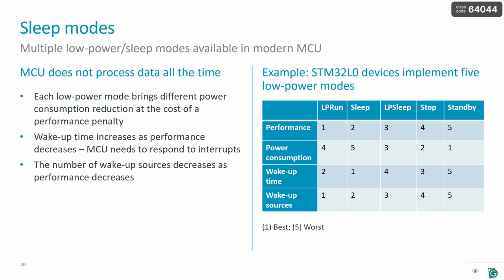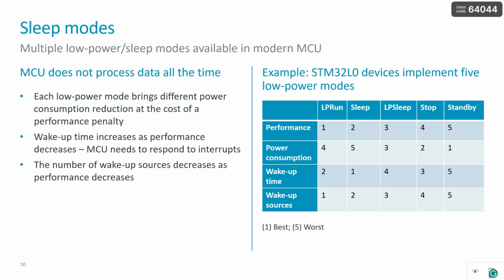In this table, in the blue table here, each row shows the performance in terms of one of the key parameters, with 1 indicating the best and 5 indicating the worst. What I want from you is to observe that different performance and power consumption trade-offs are achieved. As you can see, if I'm looking for the best performance, look at the power consumption here. The relationship is